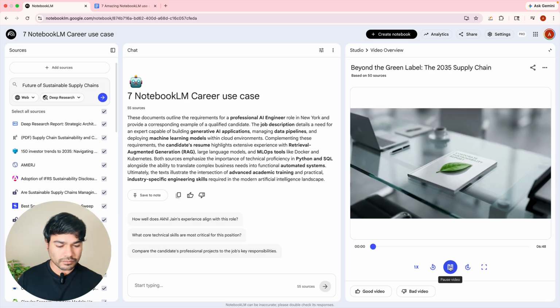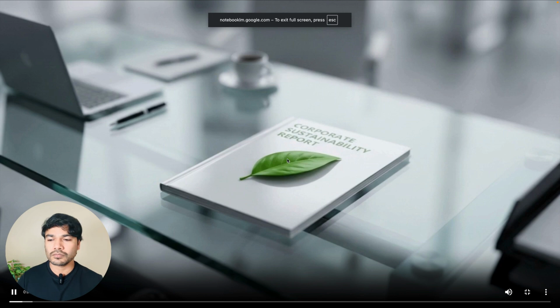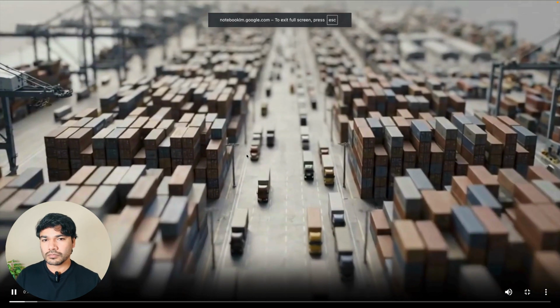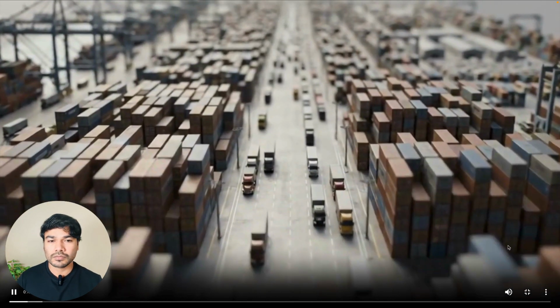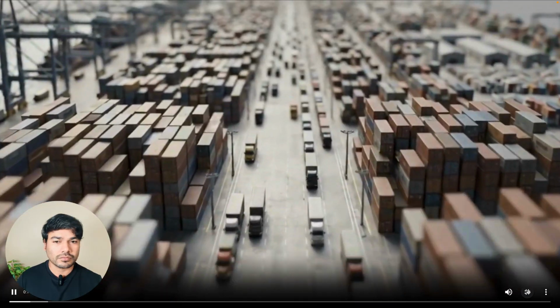Let's play it. Corporate environmental, social, and governance, or ESG, reports are often filled with polished imagery and promises of sustainability. But out in the physical world, where thousands of cargo ships and trucks move goods across the oceans,